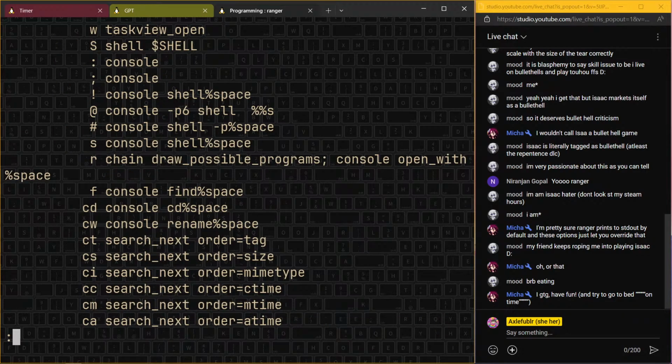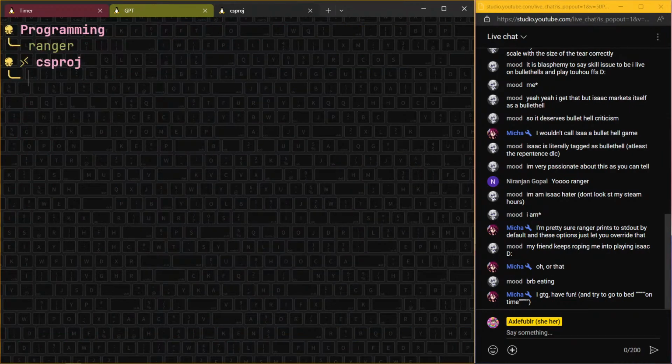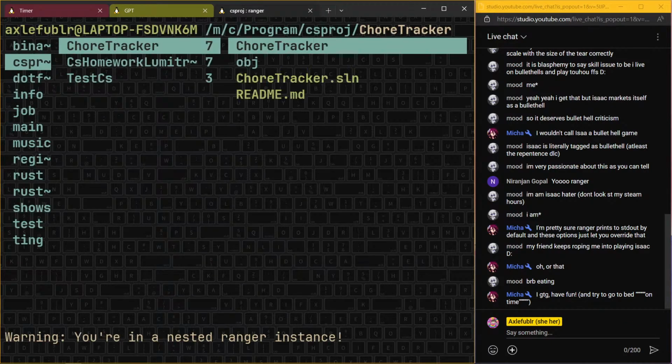Not run a command inside of here, but specifically open a shell. Capital S. That's cool. So I guess the way you use it is Ranger, wait a billion years for it to load up,